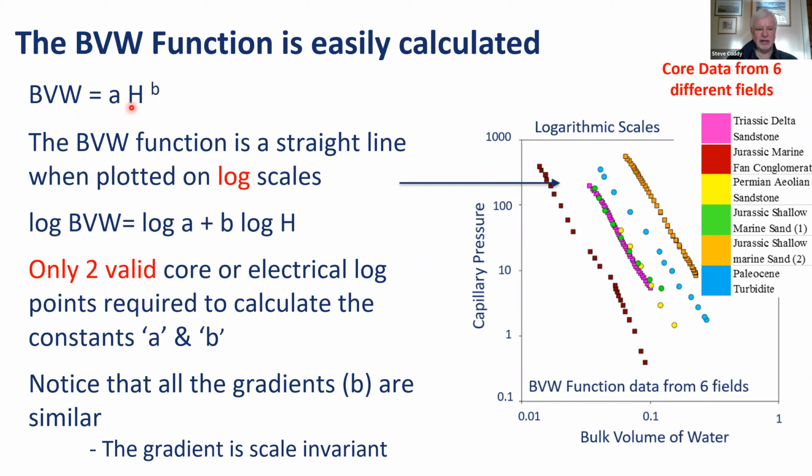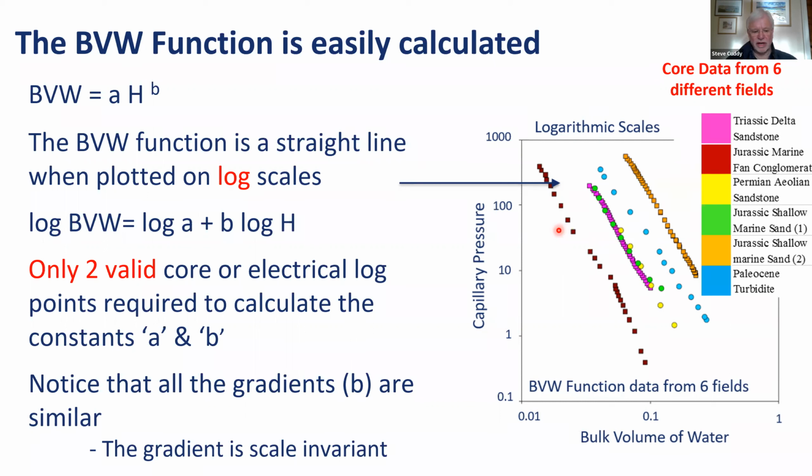It's an exponential function, and as you remember from your school mathematics, this is a straight line on log scales. So if you take log of both sides here, you get a linear equation. Now this can be shown if you plot your data. This is core data, BVW against capillary pressure. The BVW function is a function of just two parameters, the intercept and the gradient. The gradient is B and the intercept is